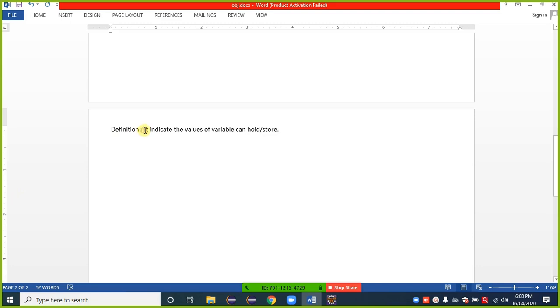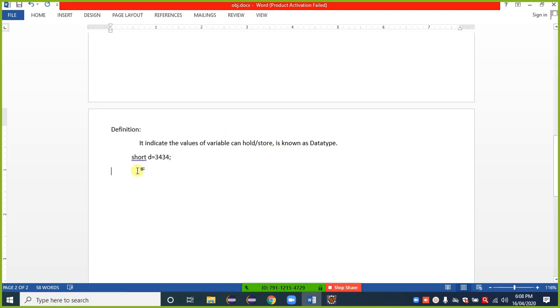The value a variable can hold, that's called data type. For example, again consider the same example. In int a is equal to 45, we can take any data type here. For example, we are taking short here. It is a data type. short d is equal to.